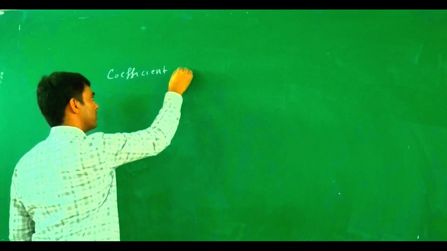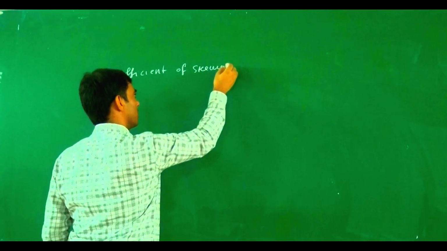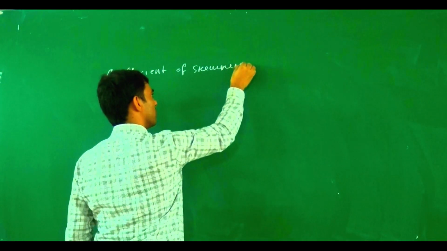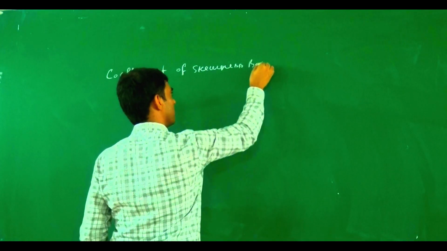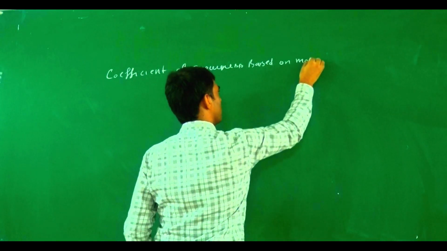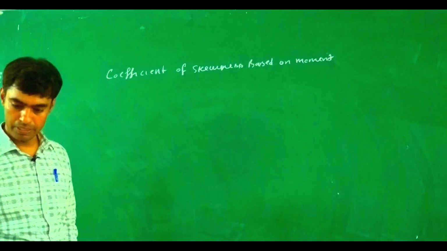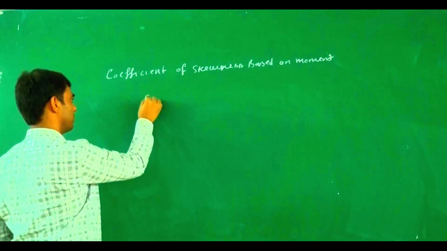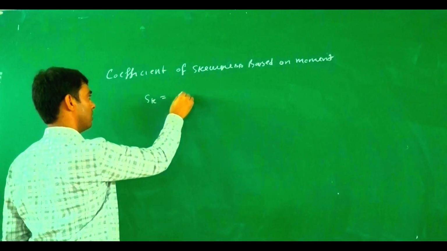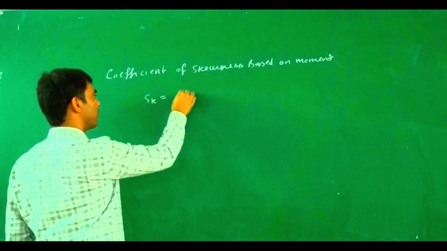Coefficient of skewness based on moment. So, what is the value for this one? SK is defined as under root, what? Under root beta 1